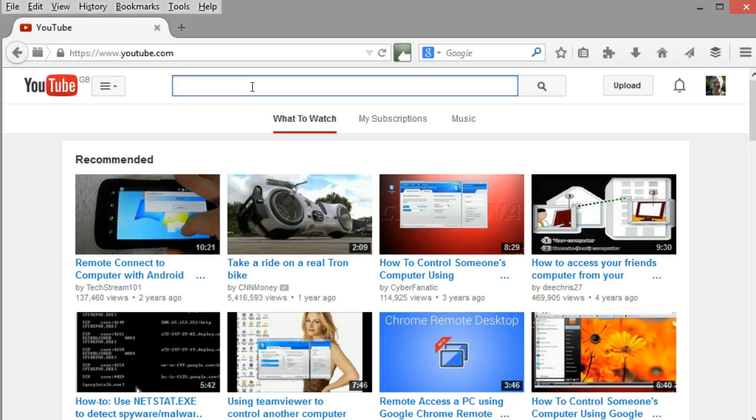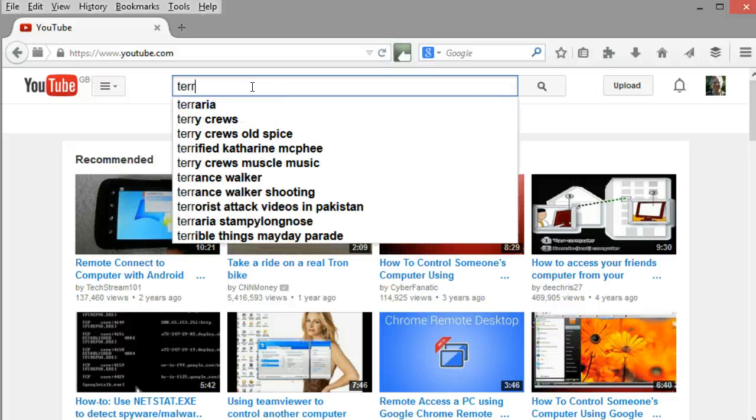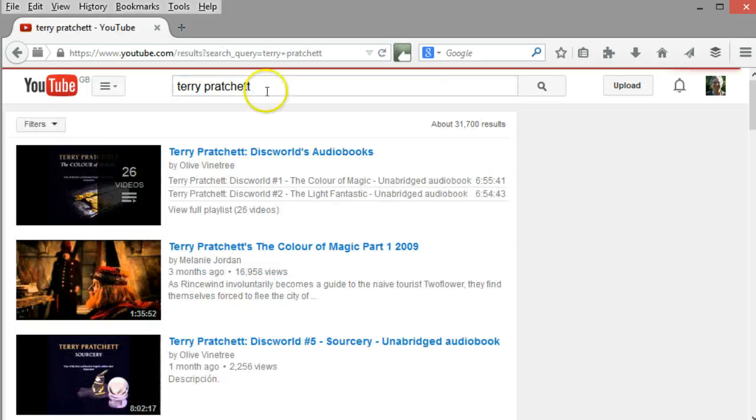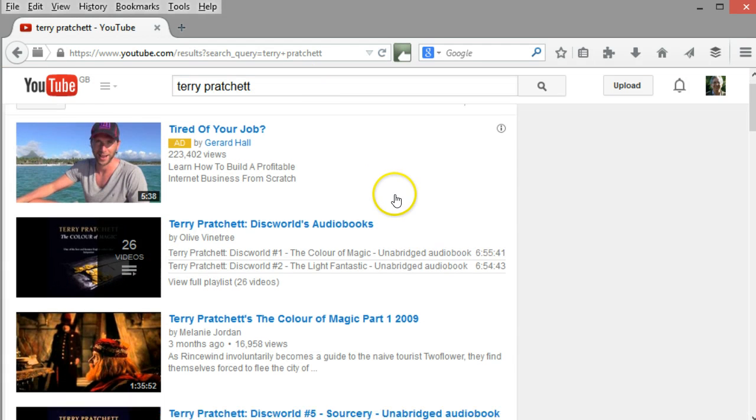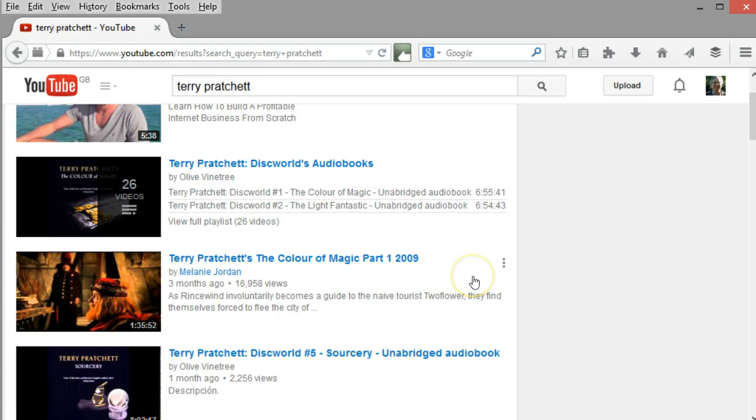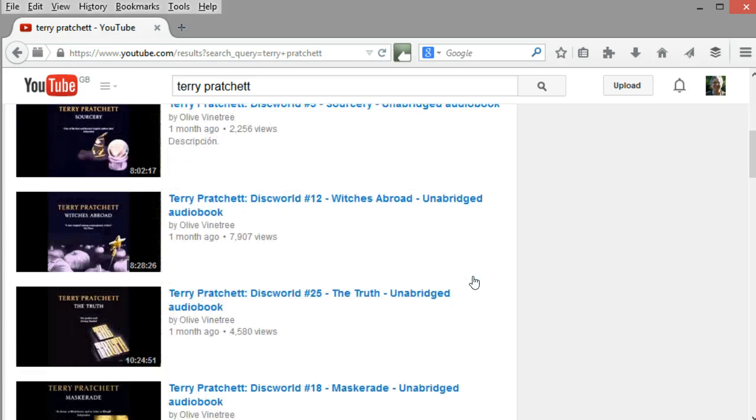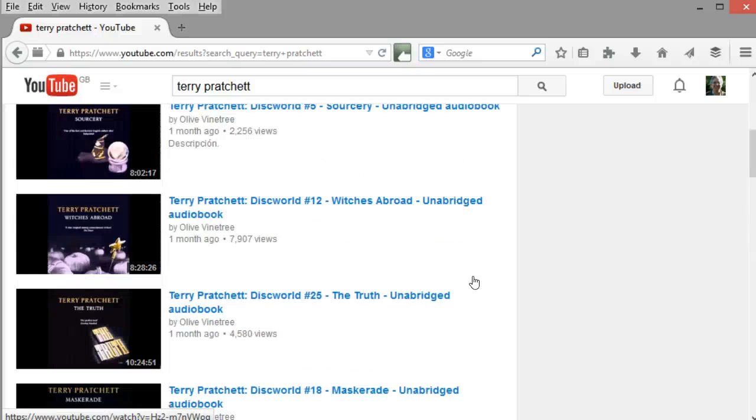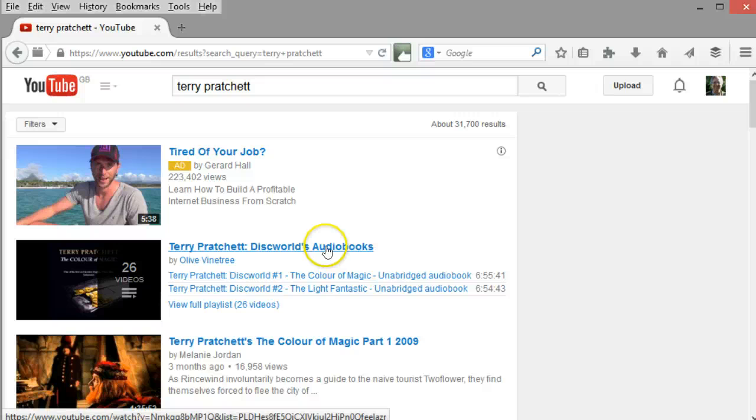So if I type in something fairly inoffensive, such as, I don't know, Terry Pratchett. So there's Terry Pratchett. There's all sorts of things there. So there's bits and pieces about various Terry Pratchett books and audio books and things of that nature. So if I was to pick on the Terry Pratchett